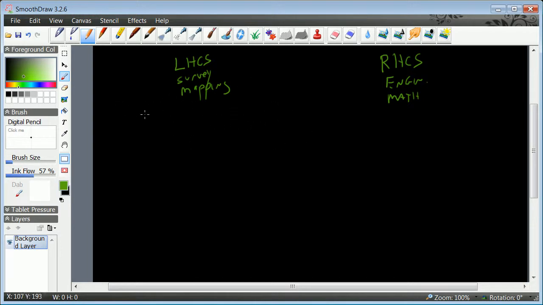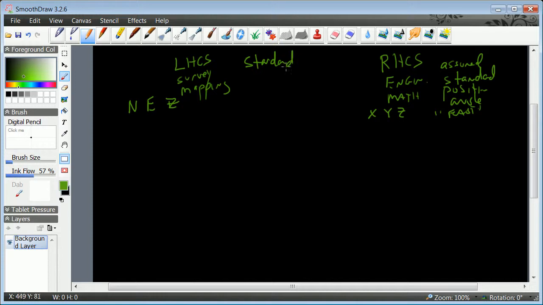And bringing them all together is not too bad if you just switch out from the fact that very often you're going to look at things here as northing, easting, and I'll just go with Z here, and here you're going to think of them as X and Y and Z, based on an assumed standard position angle of essentially, quote-unquote, east, and here based on a standard position angle